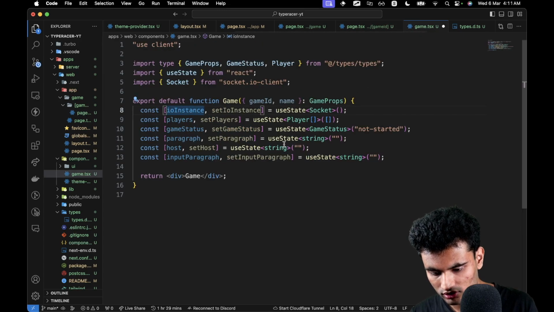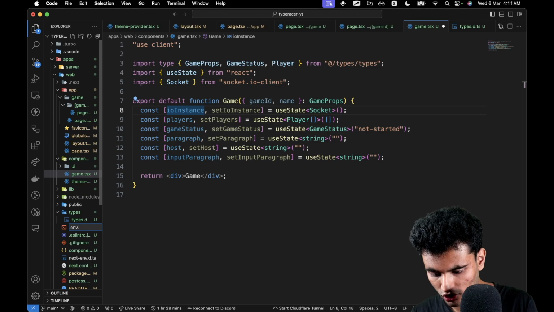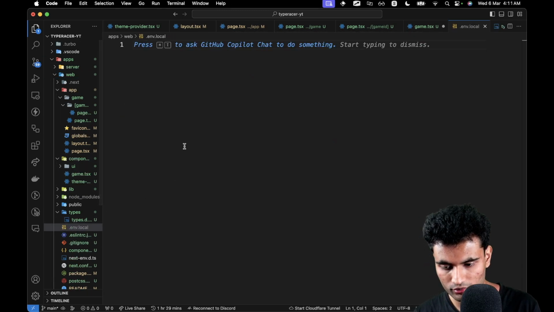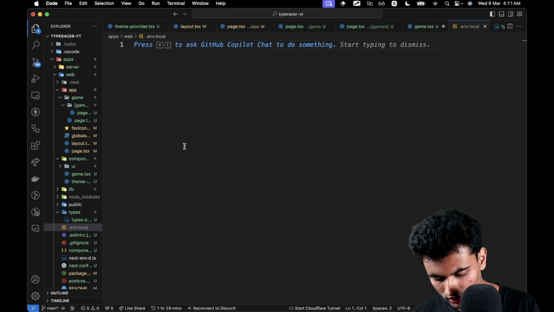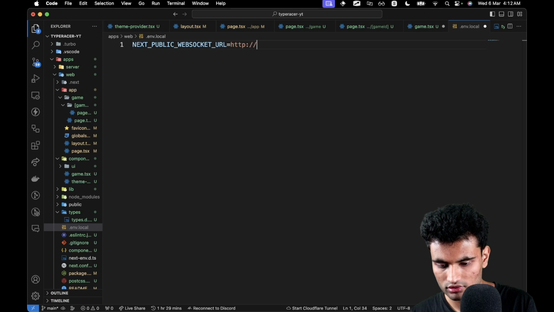Perfect. Now we need to set the environment variable. Let's go to web and create a new file called .env.local. This is not going to be pushed, so if you are deploying somewhere, you might need to mention your environment variables to them. And we are going to have NEXT_PUBLIC_WEBSOCKET_URL, and it's going to be http://localhost